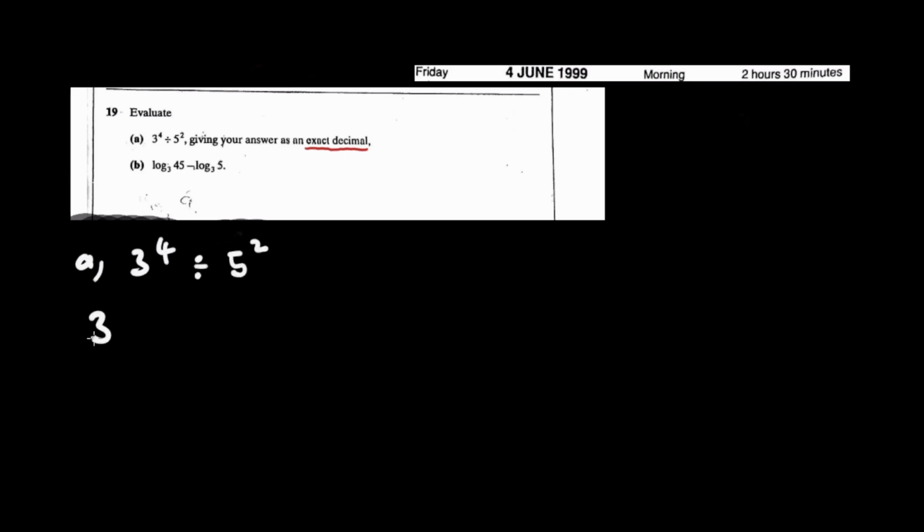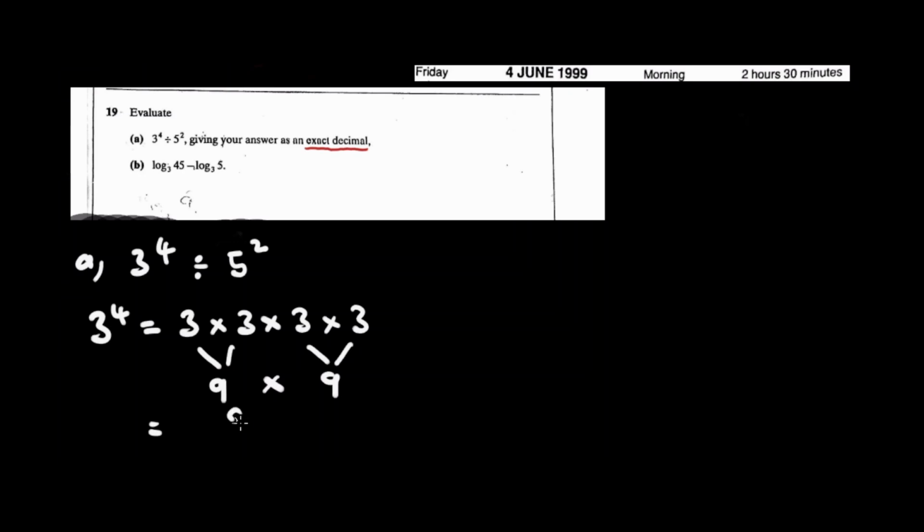We need to know kuti 3 to the power 4 zvinorevei. Saka 3 to the power 4 is equal to 3 times 3 times 3 times 3. So 3 to the power 4 zvongoreva kuti 3 iri kuzvimultiply ka 4. But since 3 times 3 iri 9 and again 3 times 3 iri 9, zvoreva izvo kuti 3 to the power 4 yakafanana nekuti 9 times 9, which is equal to 81.